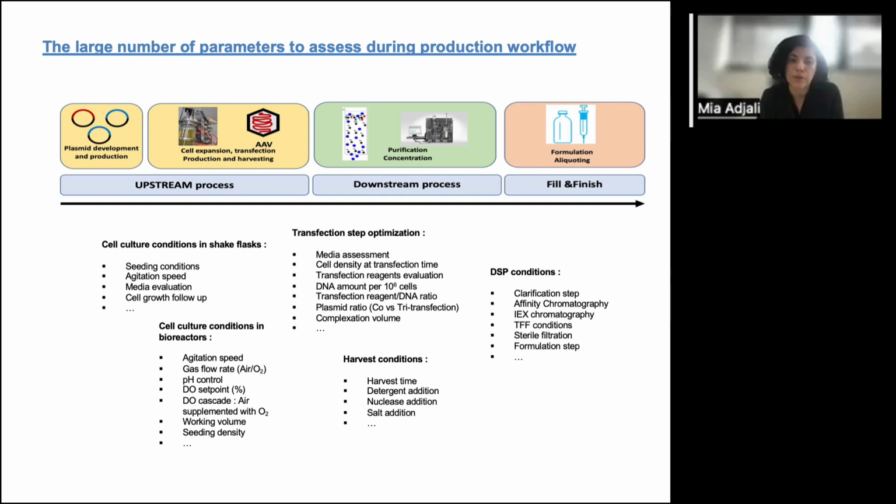The production workflow contains different steps. In addition to the plasmid design, plasmid development, plasmid production, there is what we call the upstream process based on cell culture, cell expansion, transfection, and then we can harvest the AAV production to purify it, and the purification and concentration step is called the downstream process. Then at the end, we can have a purified and concentrated product that we can formulate and put in the tubes. But as you can see, there are many parameters to assess during the bioproduction process development at each step,